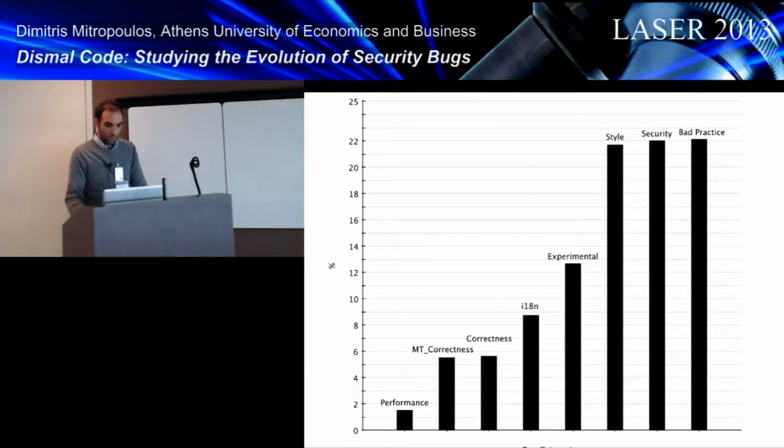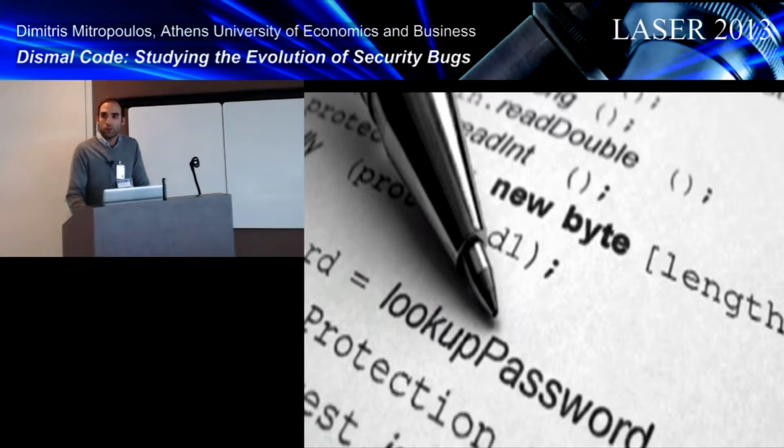Did you say what an experimental bug is? The experimental bug category, sorry. The experimental bug category contains uncategorized bugs. Is malicious here grouped in with security? Malicious was on your previous list, but it's not here. Yes, here, security bugs, it's both. Yeah, it's the sum of those two categories.